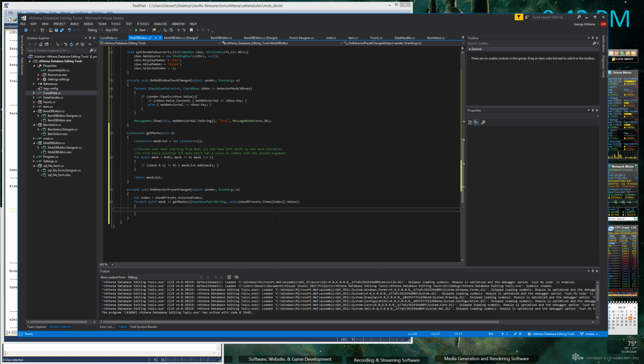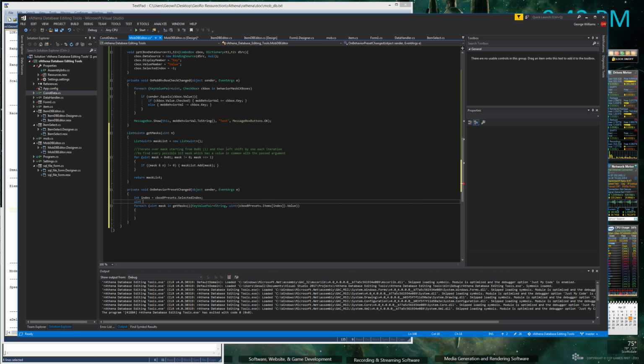And so for each one of these, now we need to loop through the checkbox list, and if it's not already checked, well, first what we need to do is say if index is not, well, no, so actually what we could do is even more